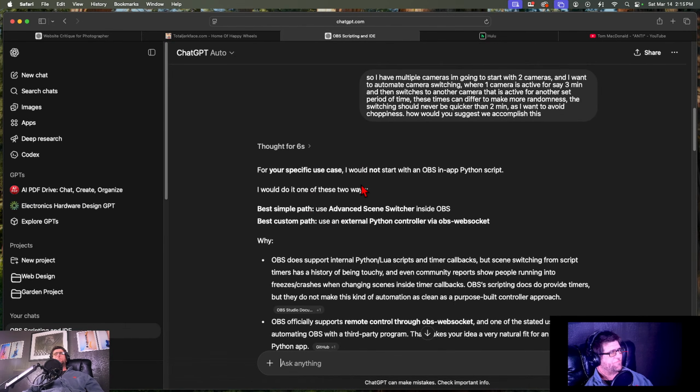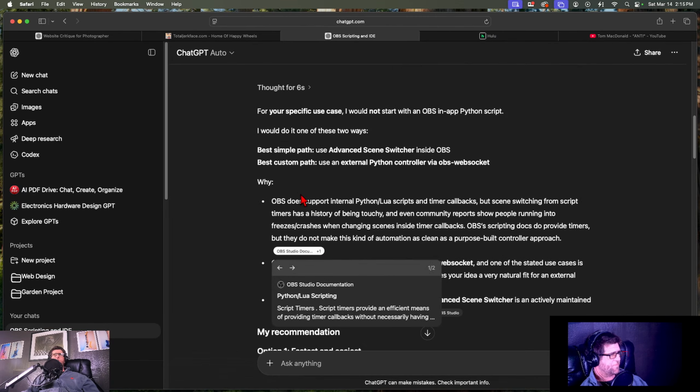So for your specific use case, I would not start with an OBS in-app Python script. I would do one of two things: use the Advanced Scene Switcher inside of OBS, or the best custom path, use an external Python controller via OBS WebSocket. OBS does support internal Python and Lua scripts and timer callbacks, but scene switching from script timers has a history